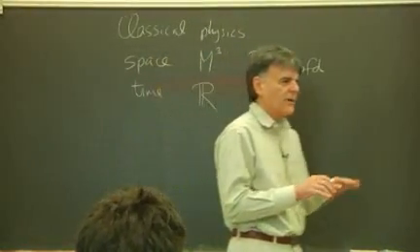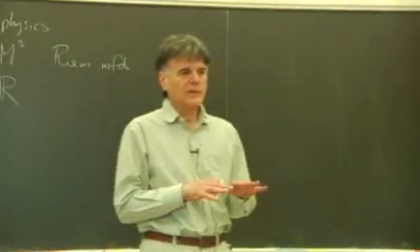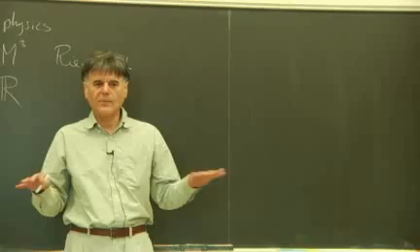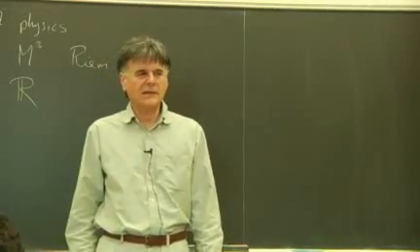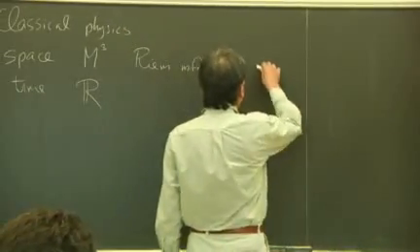And the fields are some kind of, think of them as smooth functions, maybe sections of some vector bundle defined on M, all of M, except maybe at the points where the particles are actually sitting. So we have this ontology, which is